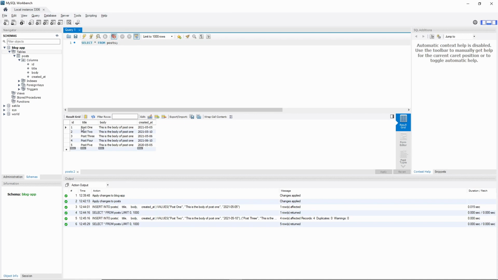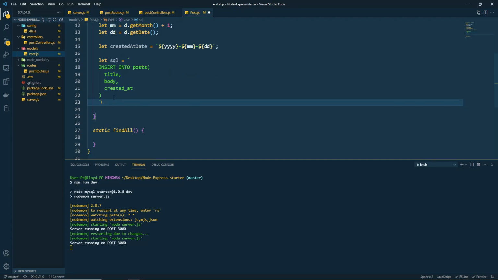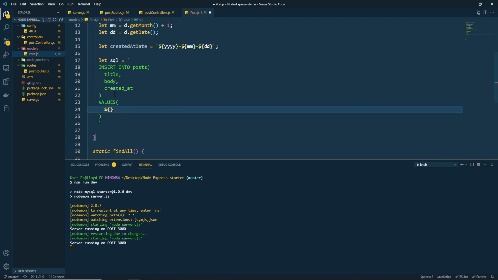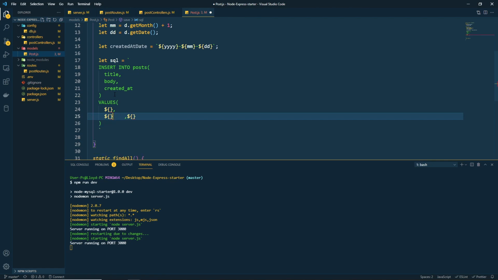For here we had ID, title, body, and created at. It should be named exactly the same. Okay, and we want to give it the values of the following. And template literals, once again, it's so nice using it like this. I find it very nice. Okay,